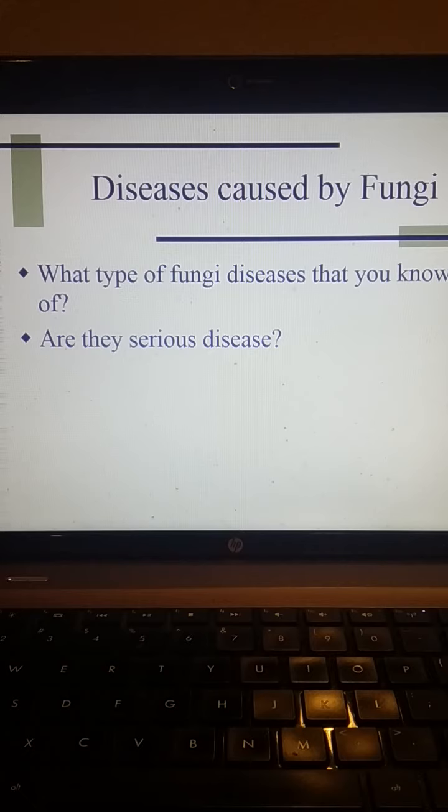So we just finished the hypothesis. The second part I'm going to do is go over the syllabus about the third exam first, before we go to the homework, one thing at a time, right? That's why the screen says disease caused by the fungi. We have 3 chapters plus the hypothesis and how to read the paper, so sort of 5 chapters based on the exam.